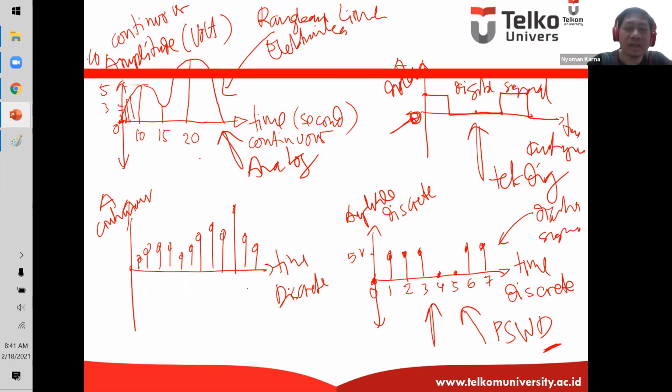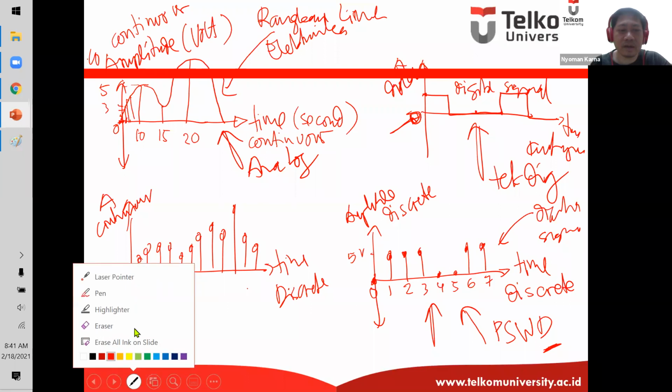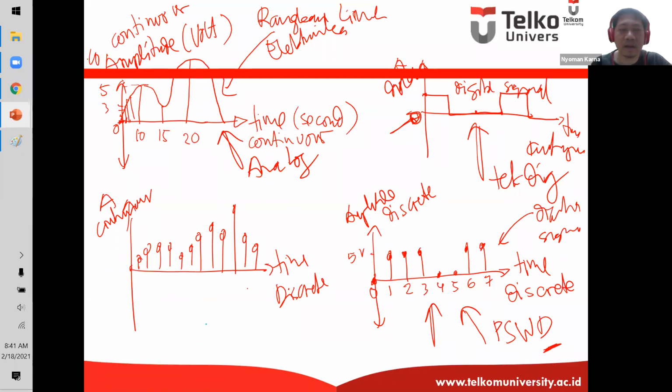Basically, first we're going to sample this analog signal. Okay, let's use another color. So we're going to first sample this analog signal to become this type of signal.